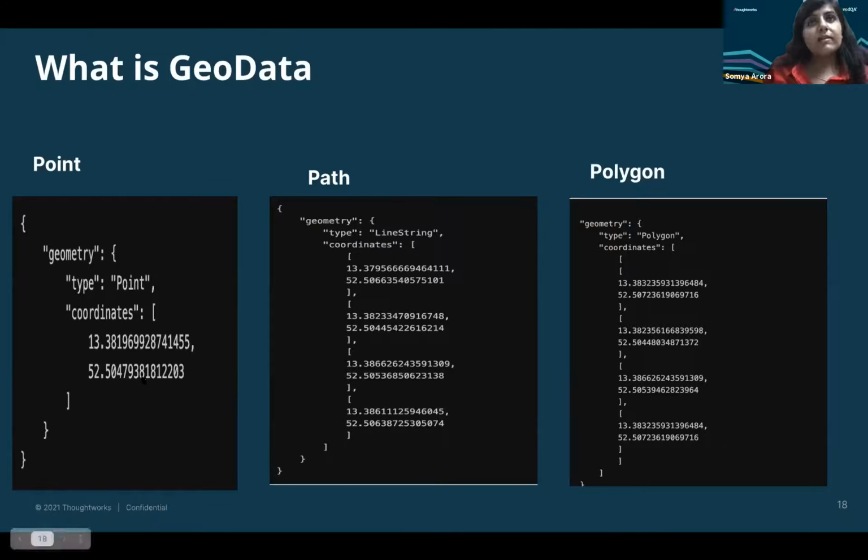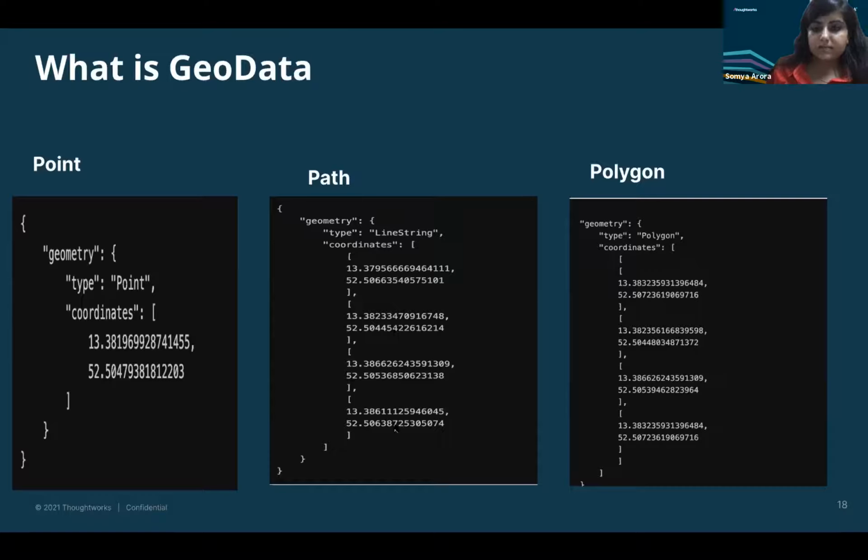Suppose I am moving even inside my home, how will your location change and how will it be represented? It will be represented like path data having a lot of points, which have the coordinates latitude and longitude. You can see here that the object is JSON, the type is line string, and it has coordinates